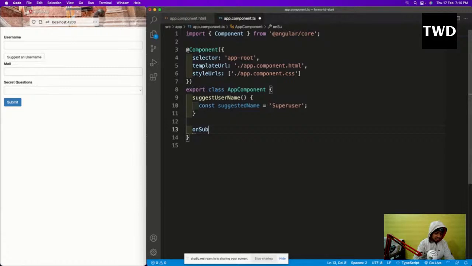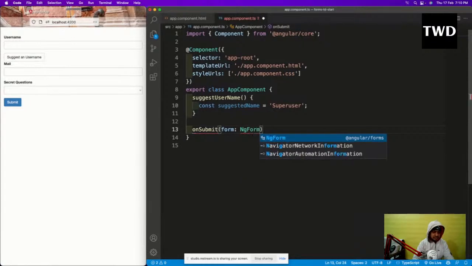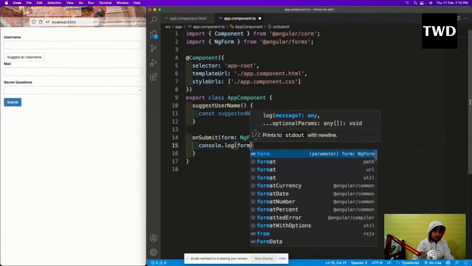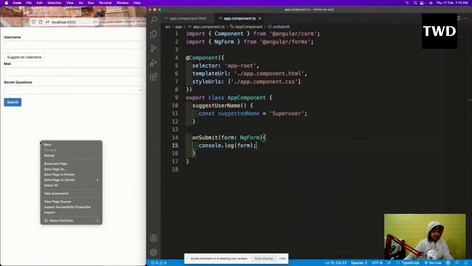Here on submit takes the form, ngForm, and then console.log of form. Save it. Now let us see if something is coming or not.